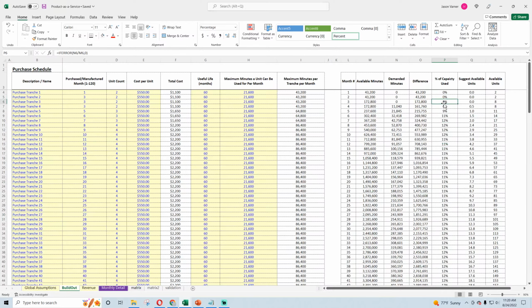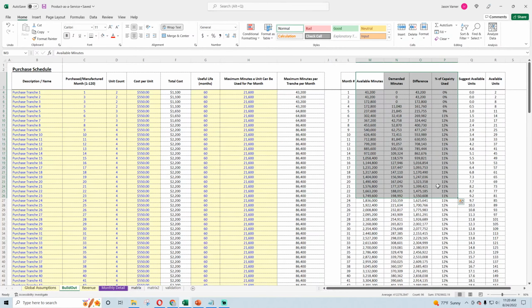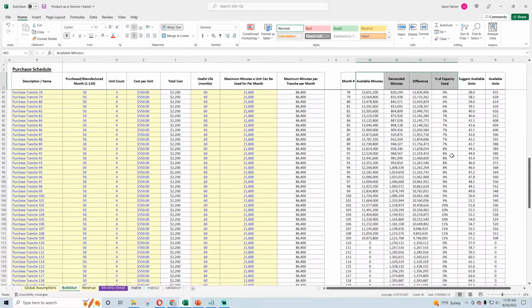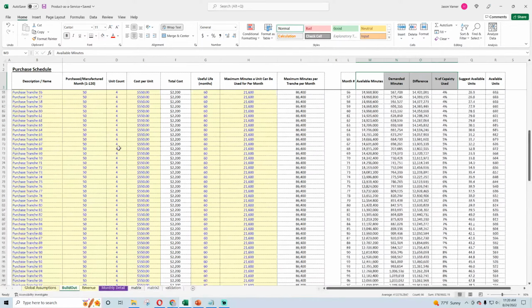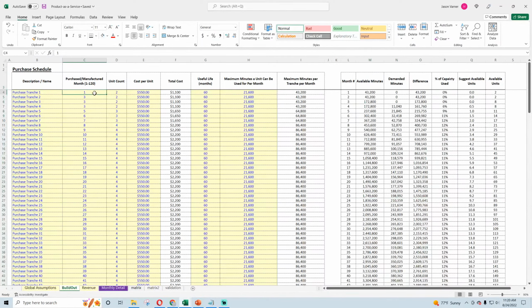Okay, so this makes perfect sense up to here, and you can see we're way under capacity, and then we actually run out of capacity because these are purchased later. But we've purchased too much, so let's put this back down to 1.